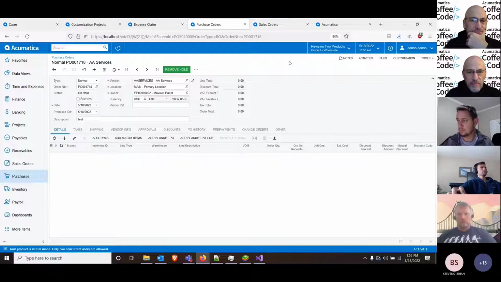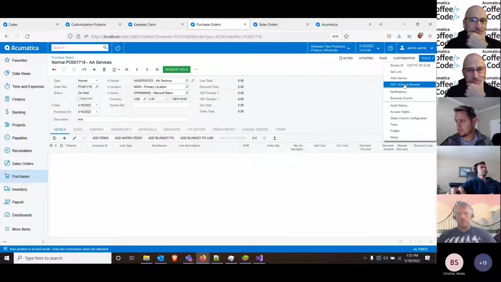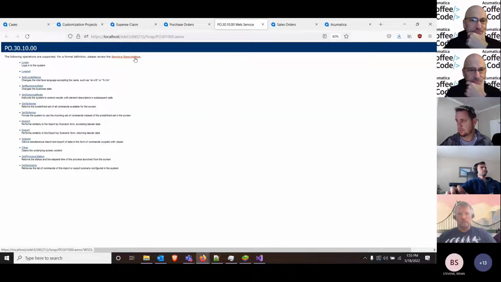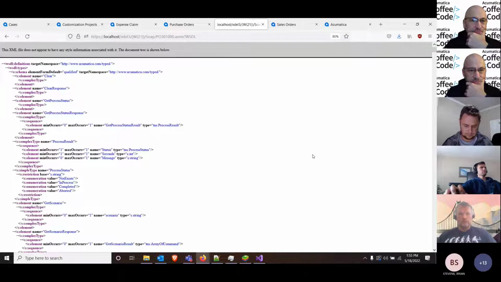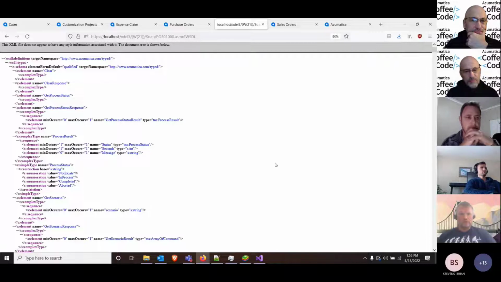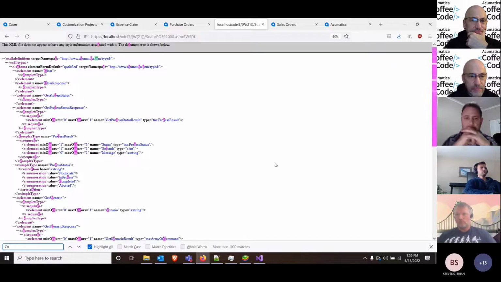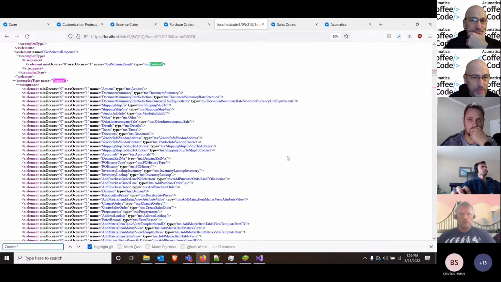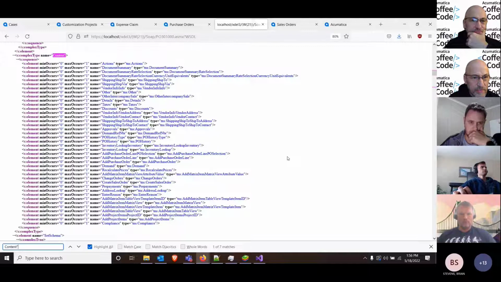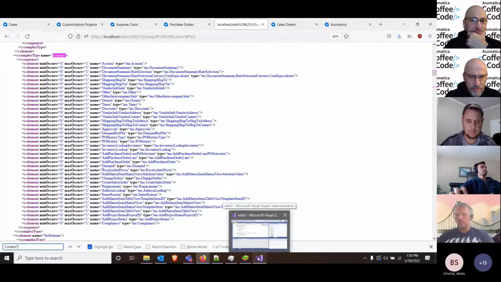And just like before, let's take a look at the WSDL schema, and let's look at the content. And in the content section, we can see all the different containers here. Sometimes with the fields, you know, the value here will map the label, but sometimes with the actions and the container, it can be a little bit tricky. So in this case, what I like to do, let's say I want to find the add items